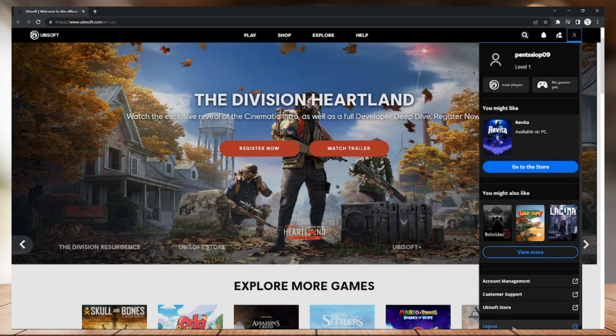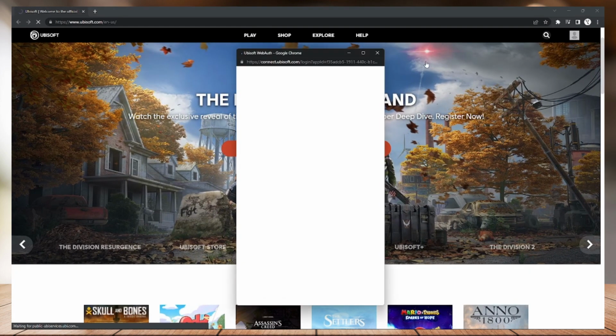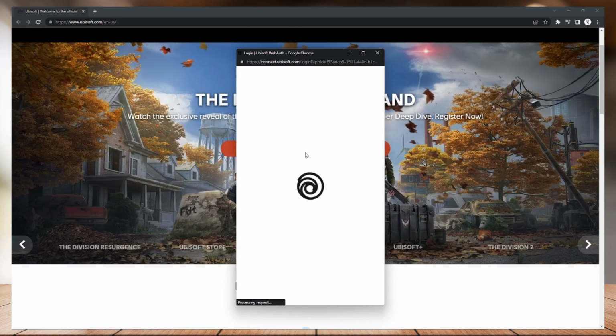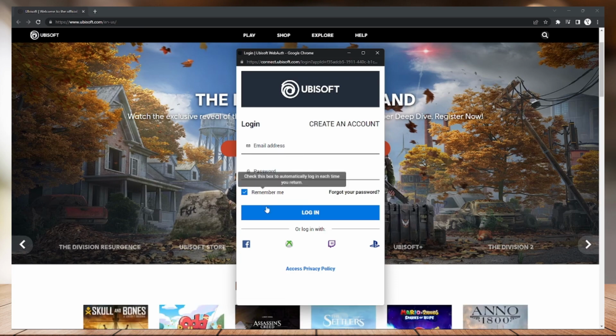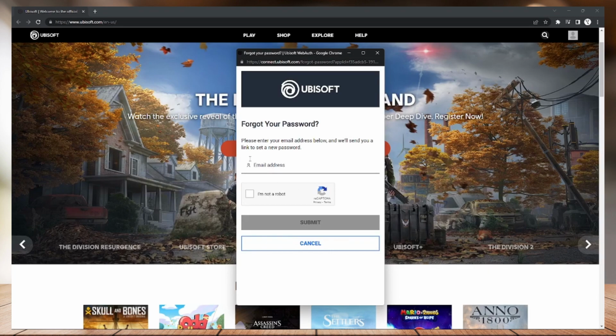So first of all, I just need to log out my account first, and just click this icon right here in the top right corner, and it will redirect you to this window. You need to log in your account. So one way to avoid losing your account on Ubisoft is to link your account with each of this platform right here. So if you cannot do that, what you can do is to click forgot password right here, and